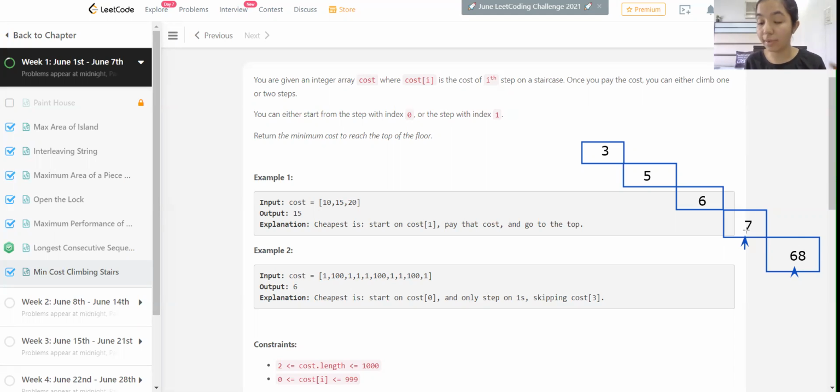That is the first location. So our cost now is 7. Now we move up. To come to this step, we check the cost of the last 2 stairs, and we add the minimum of these 2 to this cost. So the cost here is 6. The minimum of 7 and 68 is 7. So to reach 6, we add 7 plus 6 or 68 plus 6, whichever is the minimum value. So here the minimum value is 7 plus 6, which equals 13. So the cost to reach here would be 13.